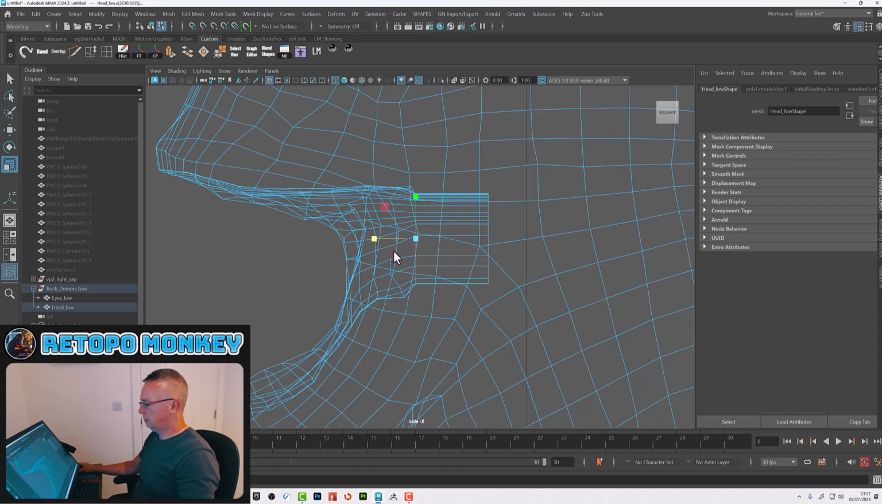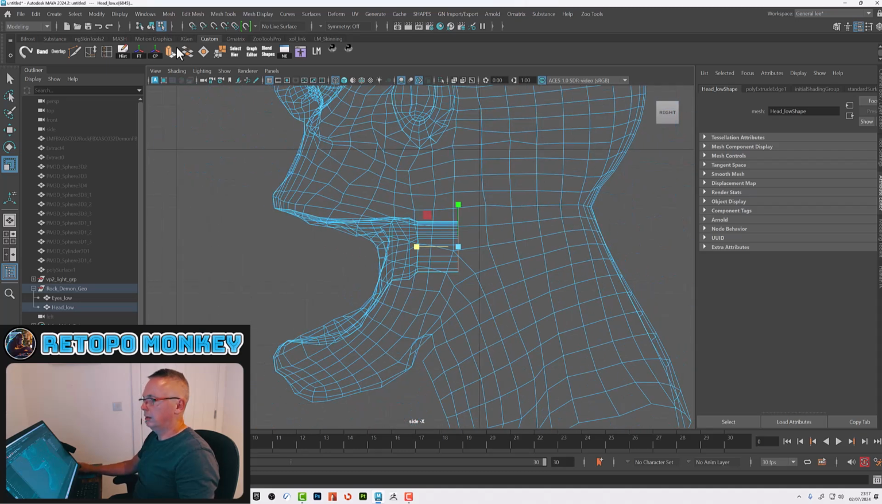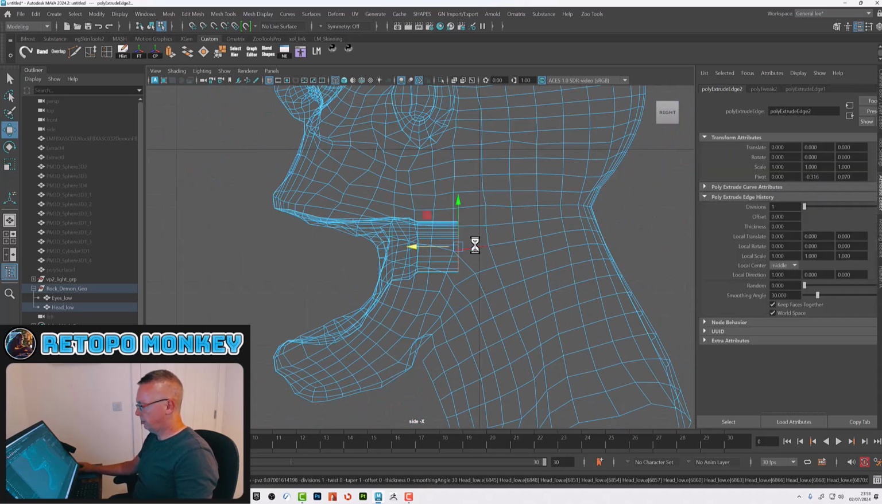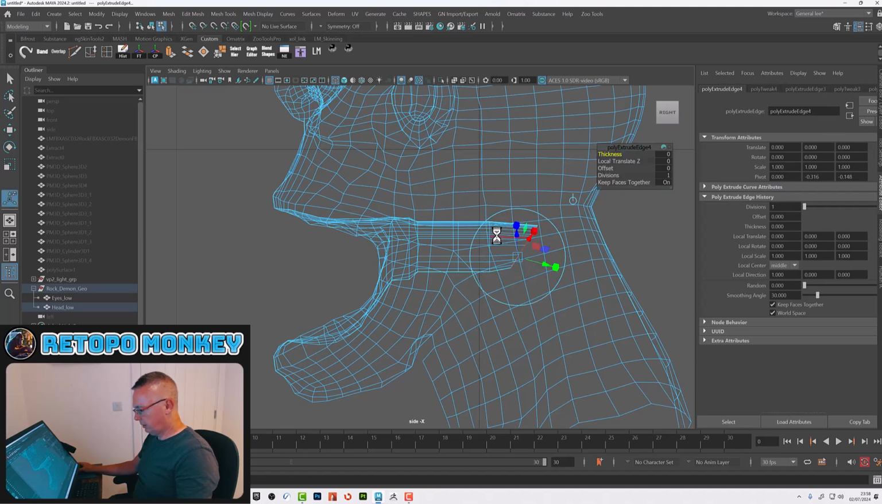Scale the next one, scale all these, just so they're nice and straight. Not all of them, but a few, just so we've got a nice mouth shape. Then we're going to extrude that. W on the keyboard, G, W. Rotate it about 45 degrees, G, W. Pull that down, scale it,